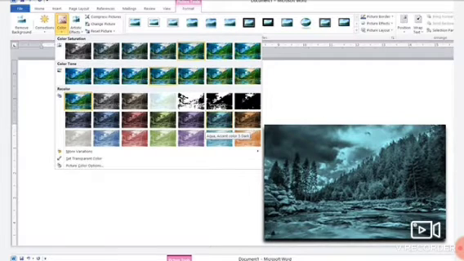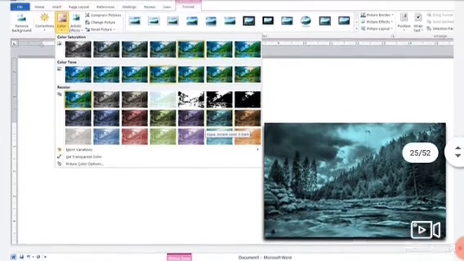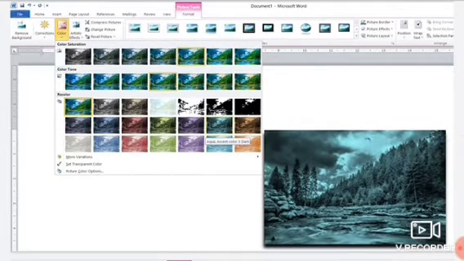Second, sometimes we need to give black and white effects or some color shade effects to it. So for this, we need to select the picture first. Then go to the format tab, and in that format tab you will get the option colors. As you click on this color option, you will get the different color formats here. You can choose any one from them and that will be applied to your picture. If you want to give the green shade, the black one, black and white, or the red shade, you can choose from the color option.